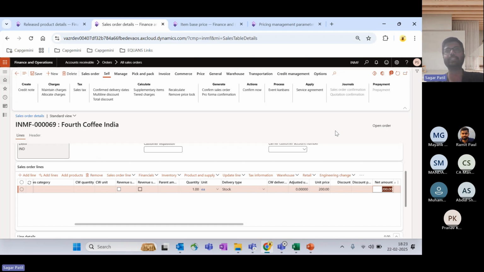But if you use the existing functionality, where we have a normal trade agreement and the item-based sales price, that will be used in the sales quotation. Okay, so that is the one limitation in this particular functionality. Now we'll quickly move to the next part, that is